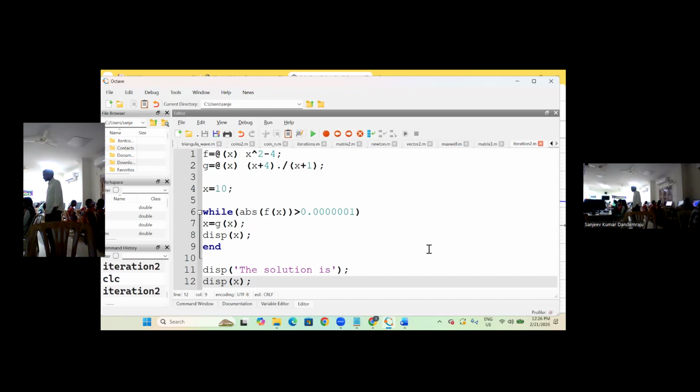Command window. 97. బ్రాకెట్ ఎక్కడ మిస్ చేశారు 6 లో. ఎడిటర్. 6 లైన్ అబ్సల్యూట్ బ్రాకెట్ పెట్టలేదు. చూడండి బ్రాకెట్ కౌంట్ ఒకసారి చూడండి. చూడండి. ఓకే, the next one,